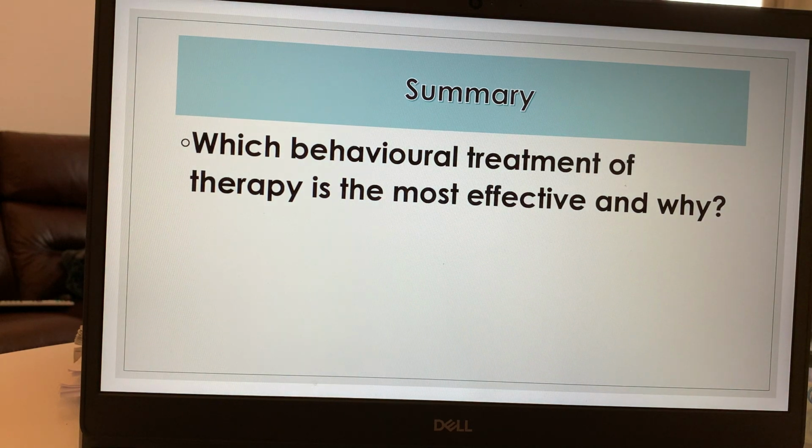And that is treatments. The key thing for this section is, if you're asked a question on it, to use one to talk about the other. So think about now which treatment is the most effective and why, and maybe do a little plan for that essay: describe and evaluate behavioural treatments of phobias.